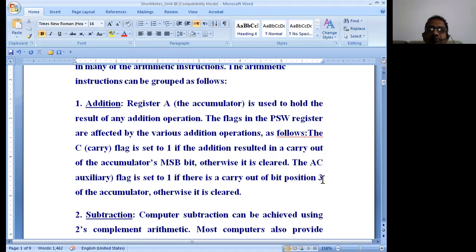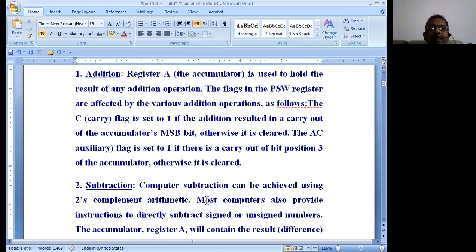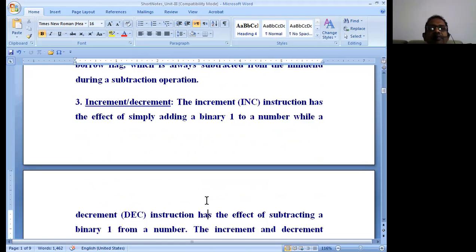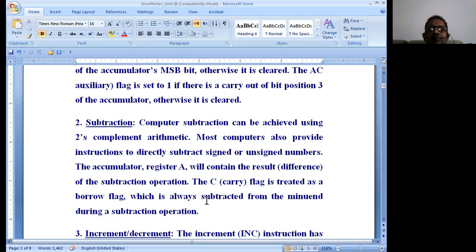So if a carry is generated out of bit position 3 of the accumulator, the flag becomes equal to 1. If not, this flag is equal to 0. That is how we get the carry flag and auxiliary carry flag. The carry flag is the carry after the 7th bit, and the auxiliary carry is the carry after the 3rd bit of the accumulator.